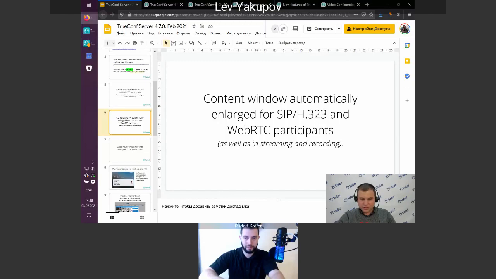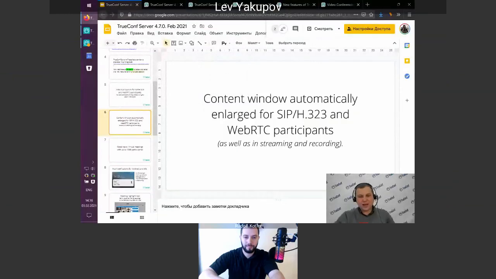This is very simple. When I stop sharing my screen, you see me and Rudolf at the same size, 50% by 50%, like in a gallery view. However, when I share my screen, the layout for you is automatically updated to make my screen larger. So now Rudolf is smaller and located below my video window. This feature acts in the same way for SIP and H.323 endpoints.